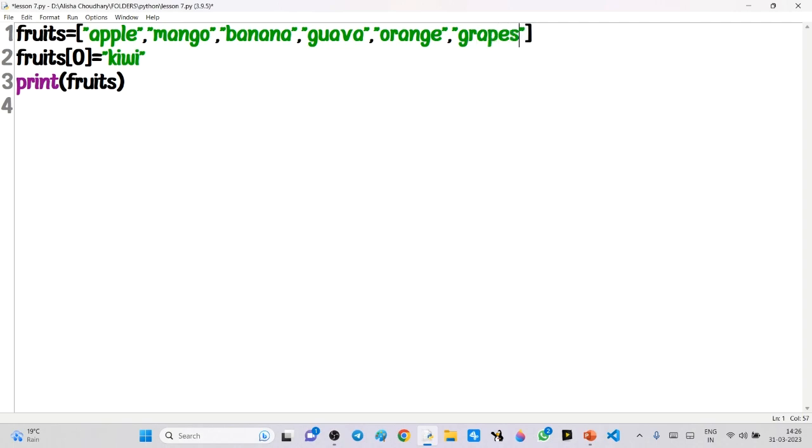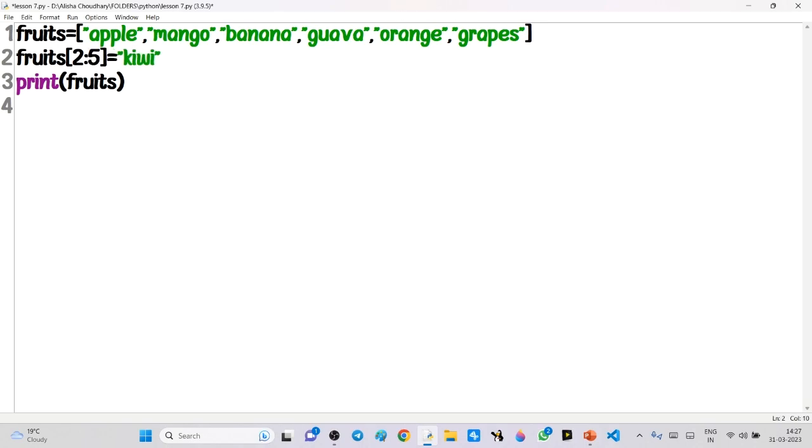Now I want to change the list values from banana to orange. So for doing that, I have to put here the index number of banana, that is 2, and till orange, if I want, then this is 2, 3, 4. So I'm going to write here 5, not 4,